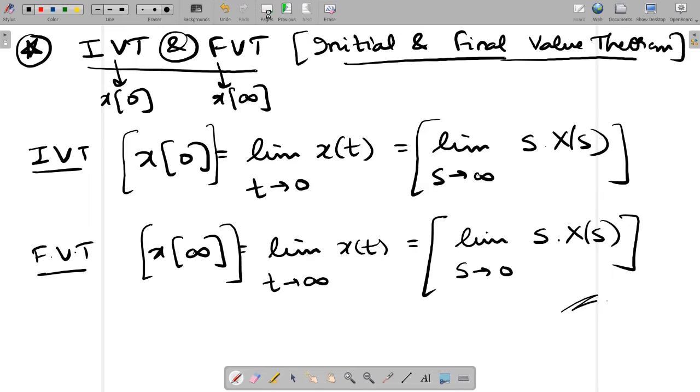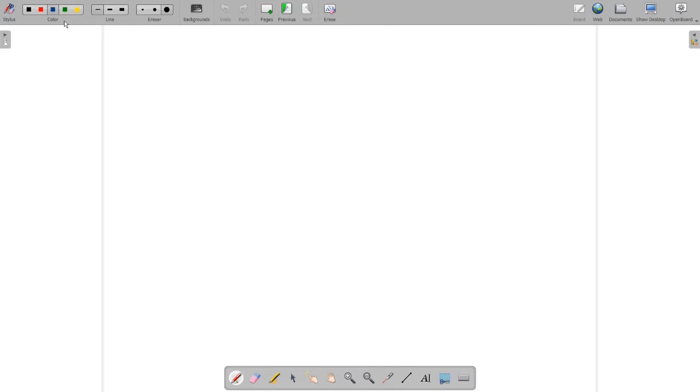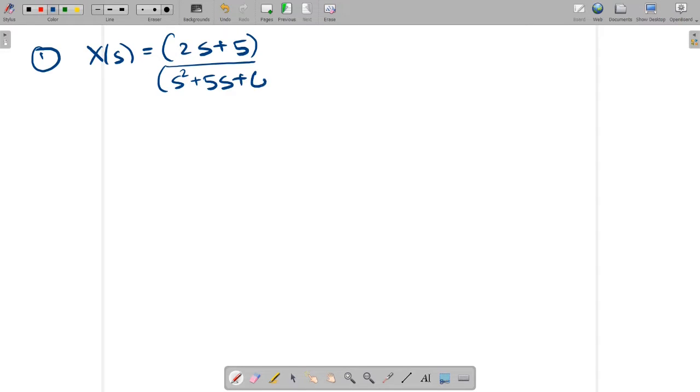Let us do two sums on this, which would be helpful for you in exams. First sum: X of s is (2s plus 5) upon (s squared plus 5s plus 6). Find the initial value and the final value. So the initial value is